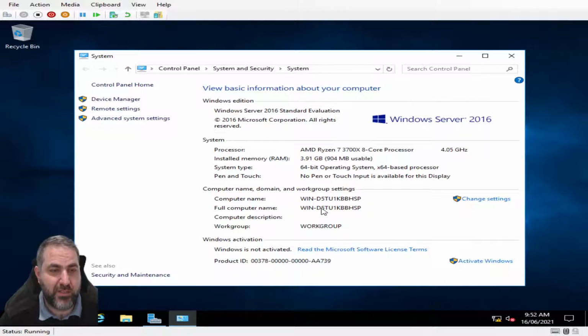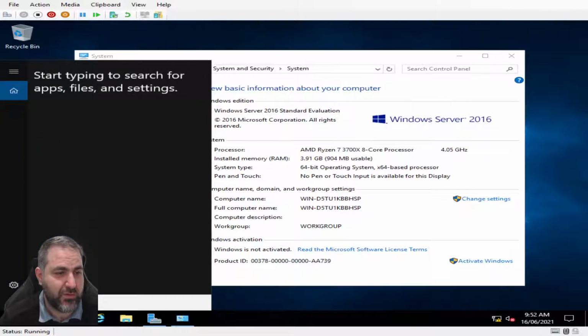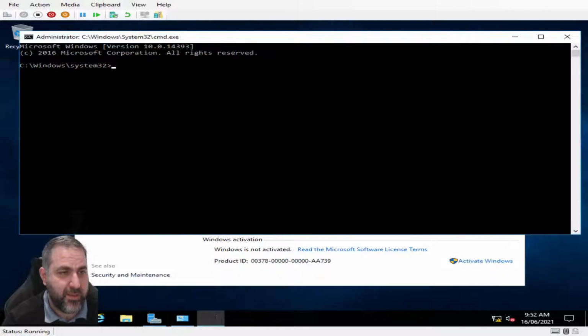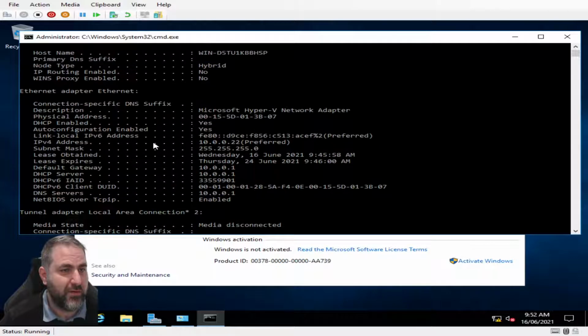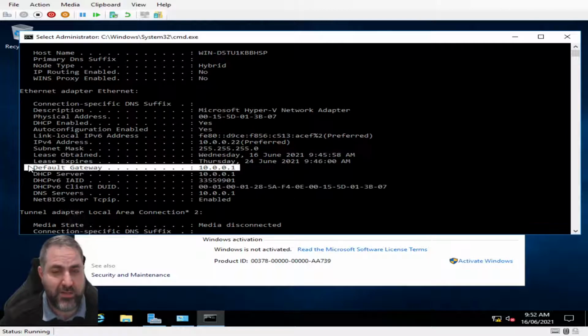Before we do the restart, the other thing that's very critical is that at the moment it's getting its IP address dynamically. Let's have a look at the command line. If we do ipconfig /all, then we'll see what we're getting. I've got a DHCP server in the background in this virtual environment. I'm going to take this off and create a static